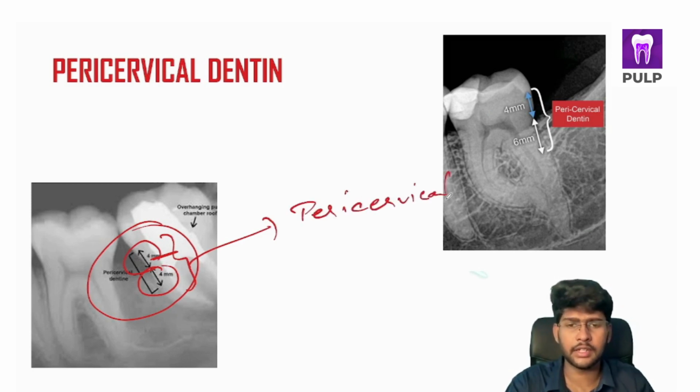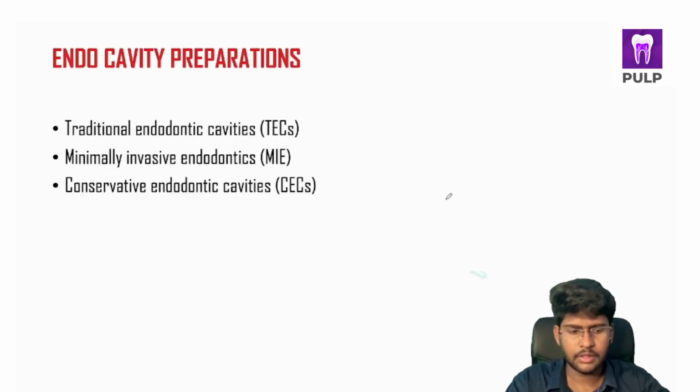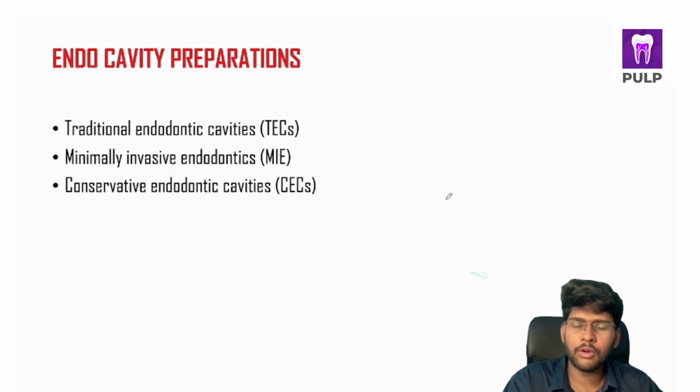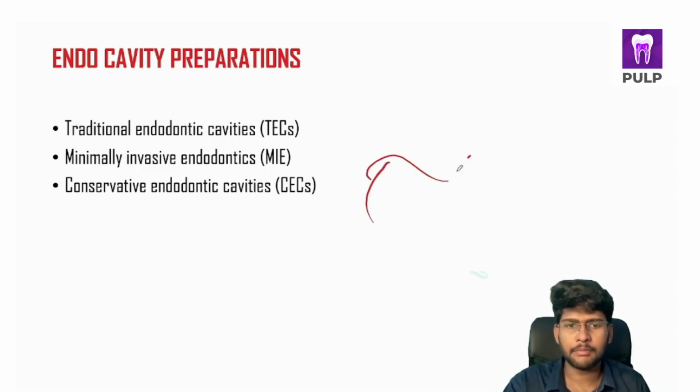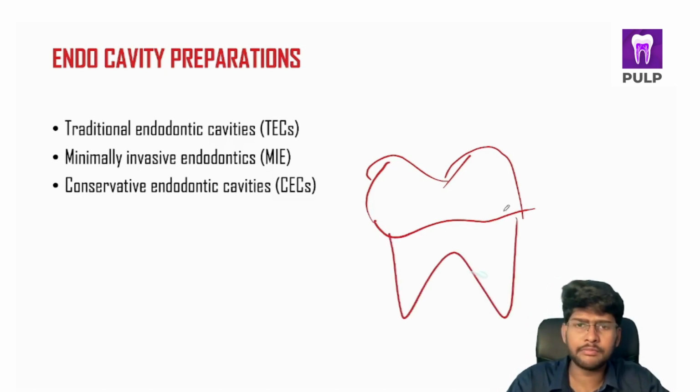Okay, what has pericervical dentin to do with the fracture resistance of the tooth? So, what are the types of endodontic cavity preparations? The traditional endodontic cavities, minimally invasive endodontic cavities, and the conservative endodontic cavities. In traditional endodontic cavity preparation, or the traditional endodontic access opening, we follow all the rules. That is, we need to definitely have a straight line access. We need to de-roof the pulp chamber completely, and all the rules that we study in a traditional endo